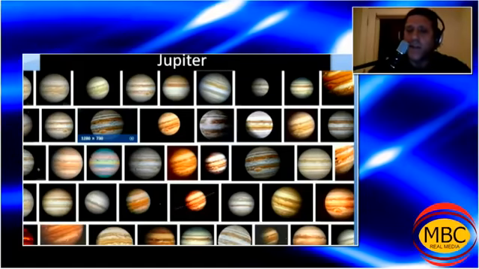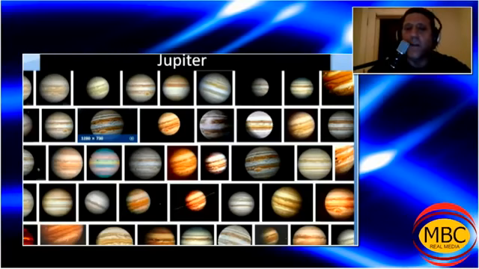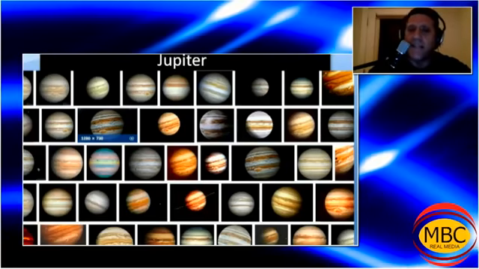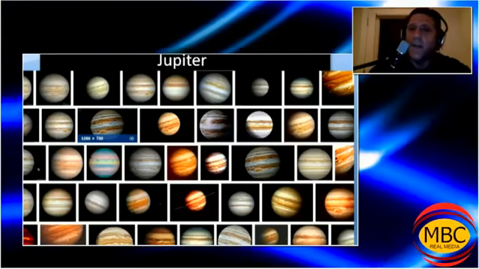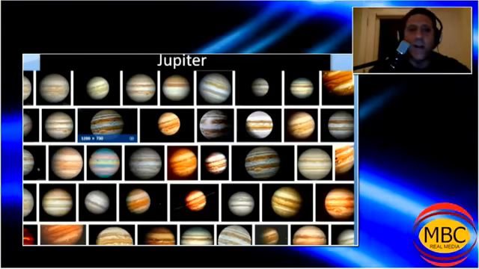Every picture we have from NASA of a planet is an artist rendering. They're not real pictures. If you take a strong telescope and look at a planet, it looks nothing like this. It looks like a self-illuminating light. It looks more like a star. They used to call planets wandering stars. Next,